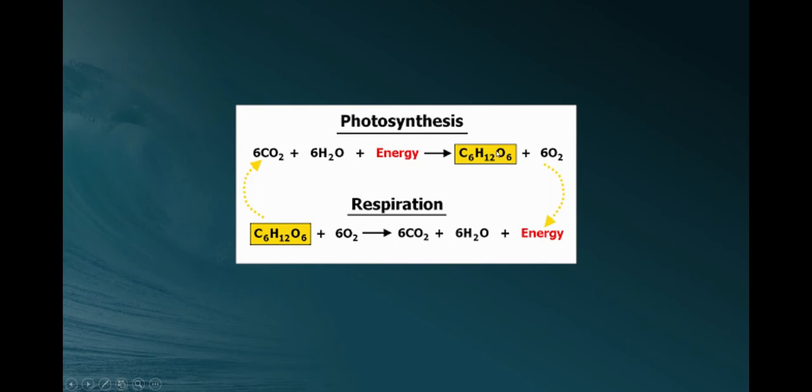What comes out of photosynthesis is sugar and oxygen. What goes into respiration? Sugar and oxygen. These are literally the opposite processes. All right, so photosynthesis basically stores energy from the sun. Respiration liberates energy from the sun. When we talk about the things that photosynthesize in the world,